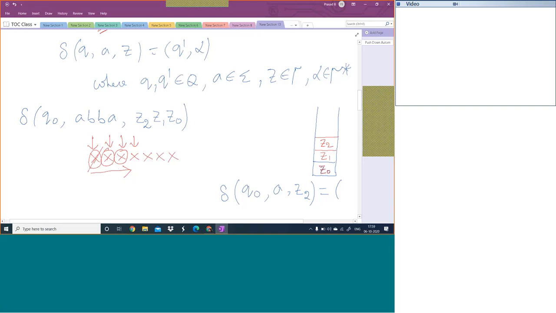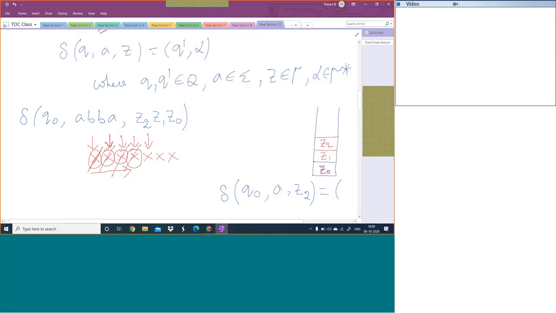First, it takes the symbol, it will do some transaction, then it will move to the next input symbol. Here it will take this input symbol, perform some transaction, then the machine moves to the next input symbol. Again, it takes this input symbol, performs some transaction, and goes to the next input symbol like this. The input string will be scanned one by one,